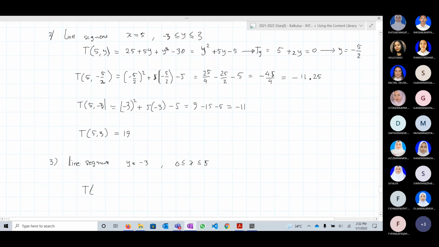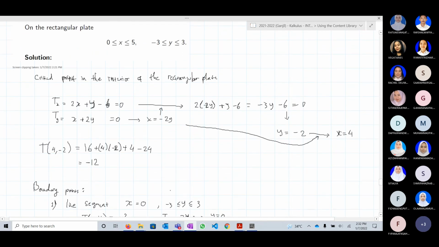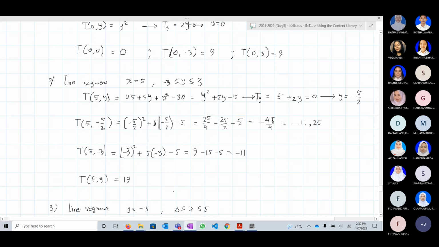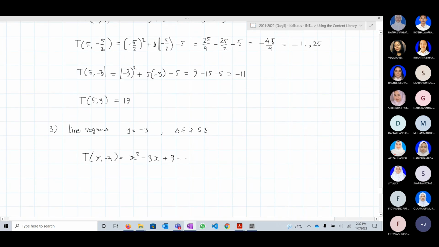We have that t x comma minus 3 is equal to x squared minus 3x plus 9 minus 6x minus 6x, which is equal to x squared minus 12x